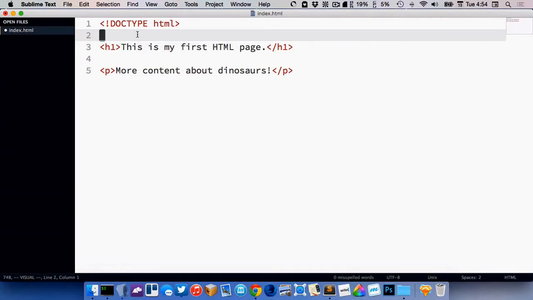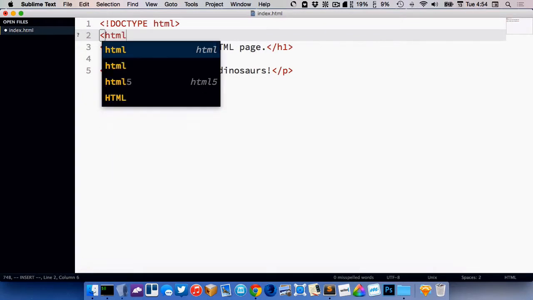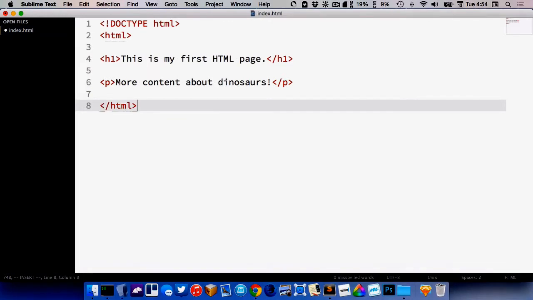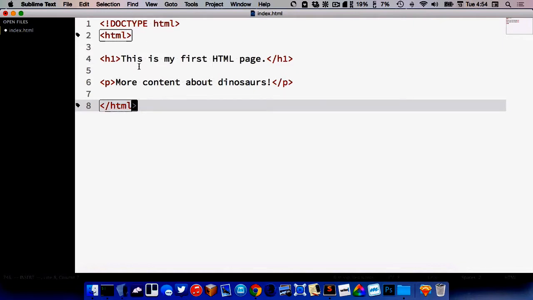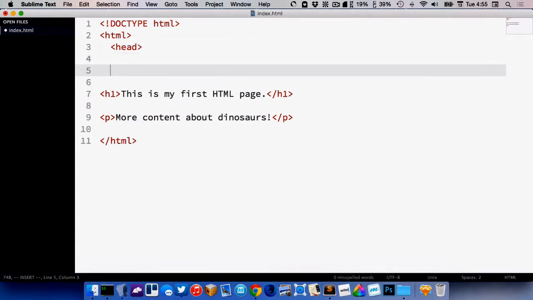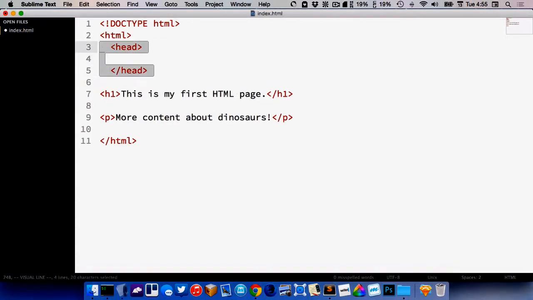The next thing that we need in here is the HTML element, like this. So I'm going to start it here, and I'm going to end it at the bottom. So everything inside of our web page is always inside of HTML, just like this. Now within HTML, we have two other elements that we have to have. The first one is called head, which looks like this. Now head